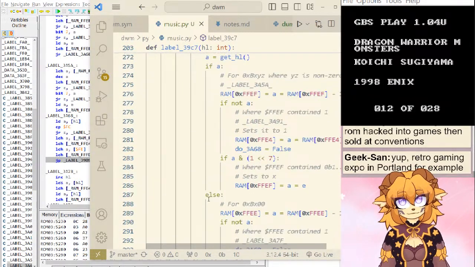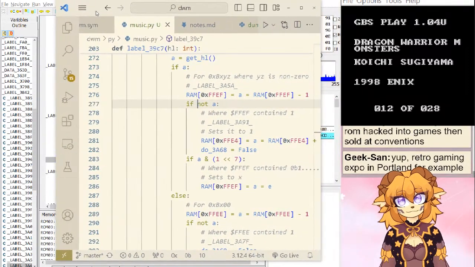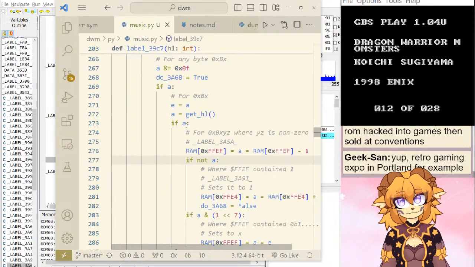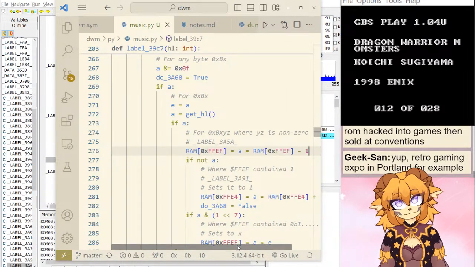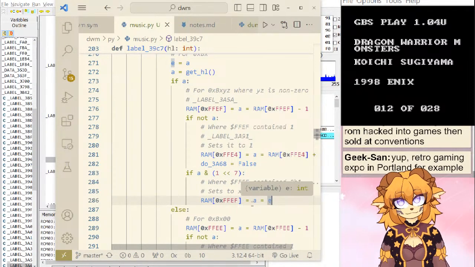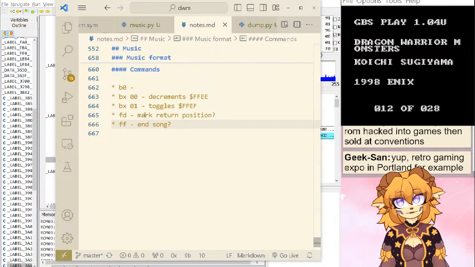So we end up with, we have, okay, so if it's a 1, we assign the branch. Okay, that makes more sense.